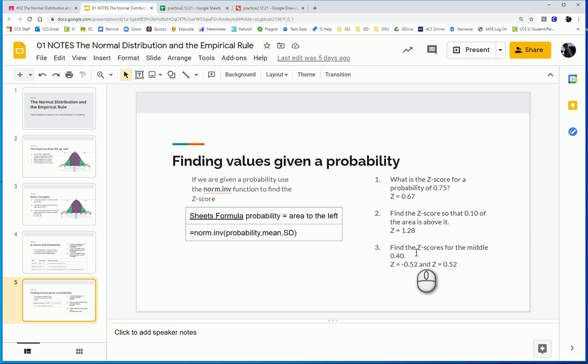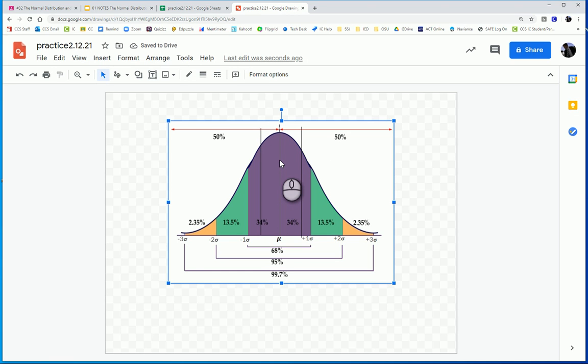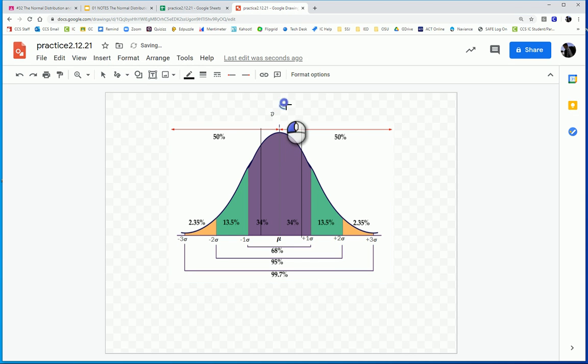All right, now a little bit trickier. Find the z-scores for the middle 40%. Okay, so the middle 40%, somewhere right around here. Anyways, it's centered. So, okay, the middle 40%. Well, if 0.40 is in the middle, right there,